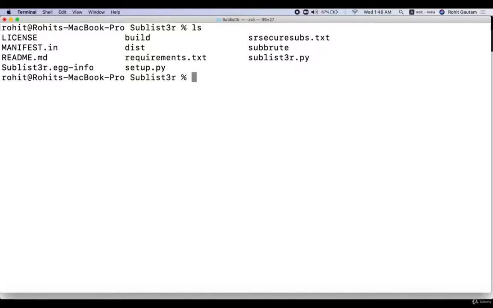Hello everyone. In this video, we are going to see how you can tune Sublister to get better results. The first thing that we are going to do is see Subroot as well, which adds functionality to Sublister. Before seeing that, let us choose a target domain, let's say Yahoo, on which we are going to do